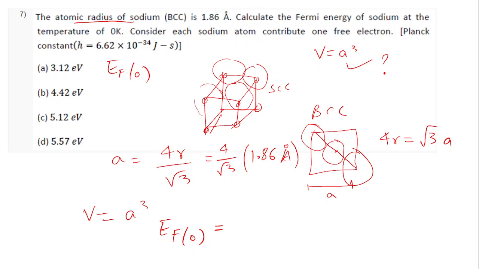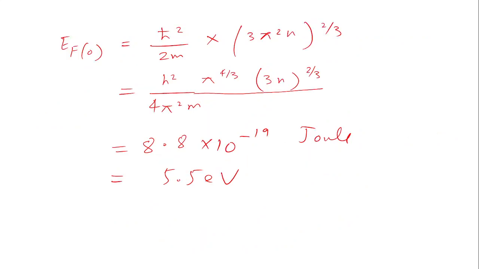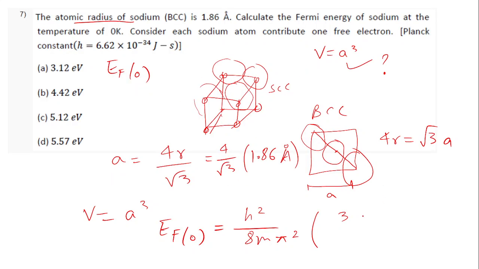Okay, yeah, Fermi energy. When I put it in my formula, which will be h squared over 8m, directly I'm taking 4 pi square here. This will be 3 pi square n to the power 2 by 3. When we put the values, n will be, we know,